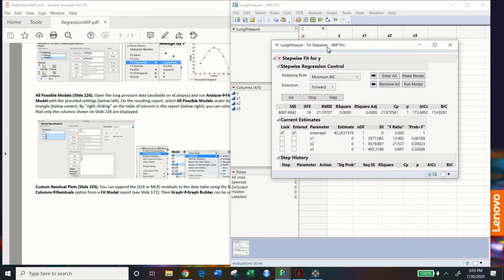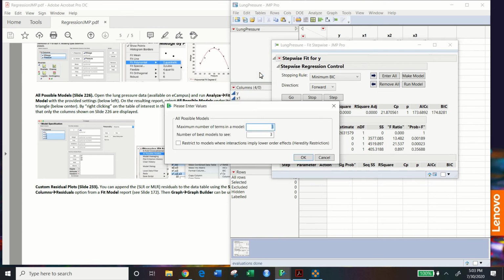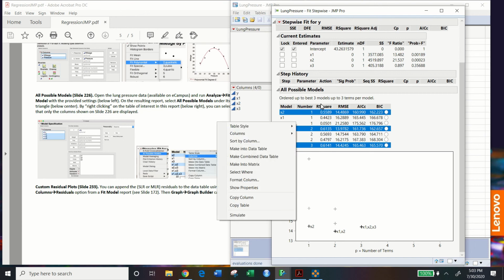Now, there we go. Red triangle, all possible models. Select OK. And we can get all possible models. And this is a very handy and useful thing to do, particularly if we're trying to find the best possible model with our predictors. And so we can examine our R squared, root mean squared error. The AIC and BIC isn't something we really look at in this class, but if you were to